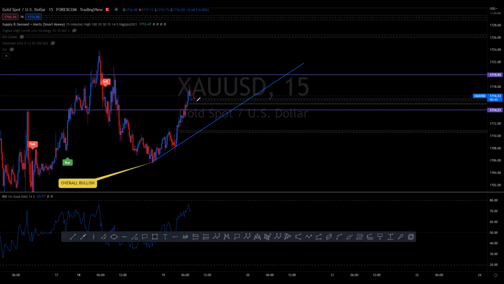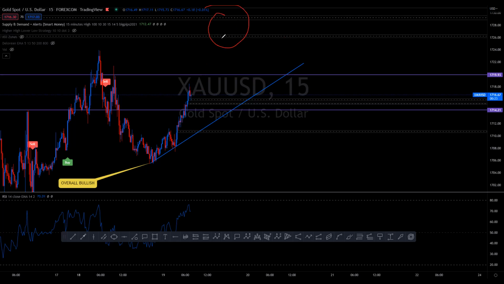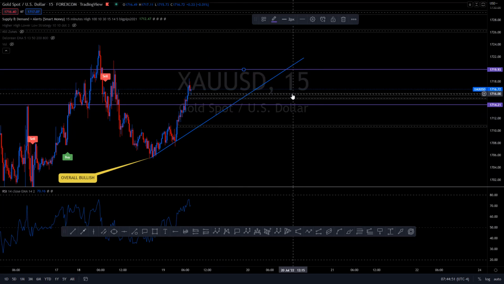So price is either going to come down to this area and mitigate this area, or they're going to buy price all the way up to mitigate this area from what the previous moves in the past created when it comes to these imbalance mitigation gaps. So that's one of the things they're going to do. So with that being said, what I like to do personally is make these imbalance areas my take profit zones.